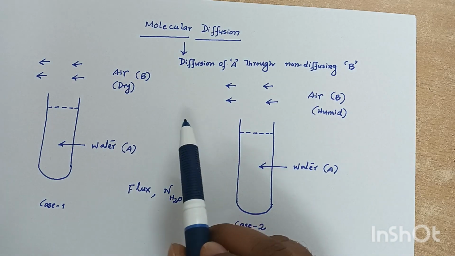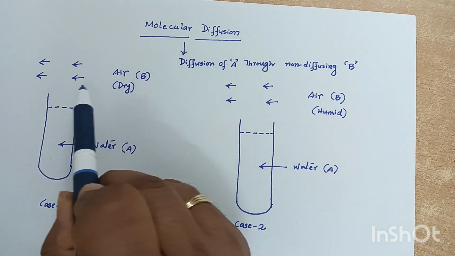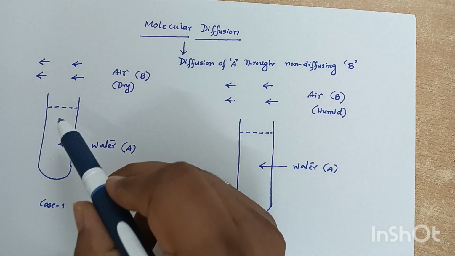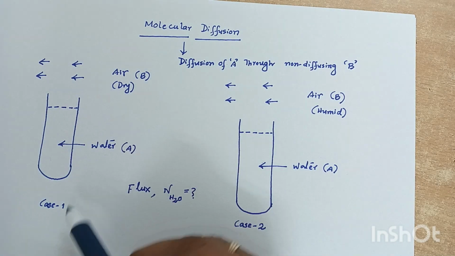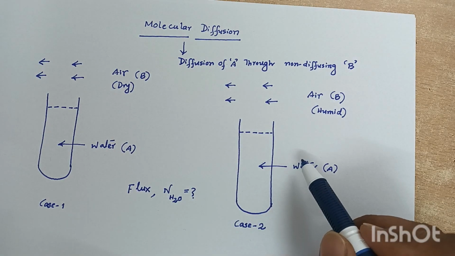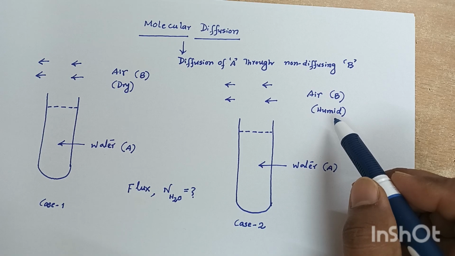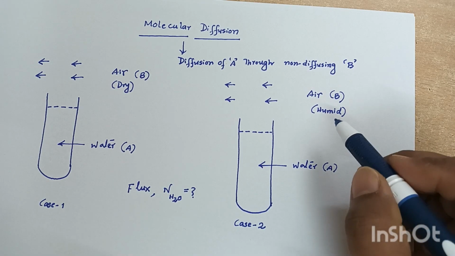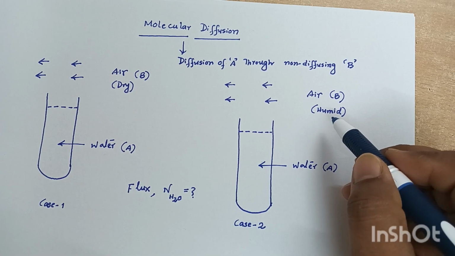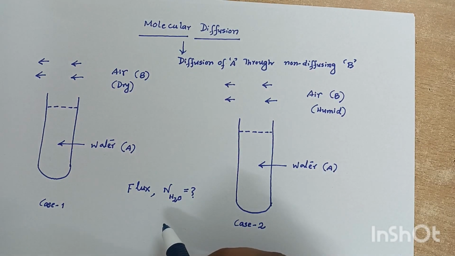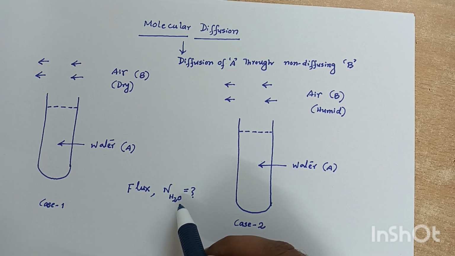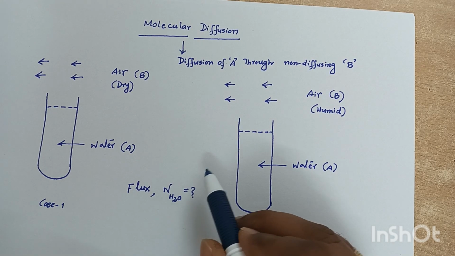As you can see from the figure, air is flowing past a test tube which is filled up with water, and water is evaporating into air. In case 1, the air is dry. But in case 2, the air is humid. It basically means there is an absolute humidity of air which is given. And one is supposed to find out the value of flux of water evaporating into a stream of air in